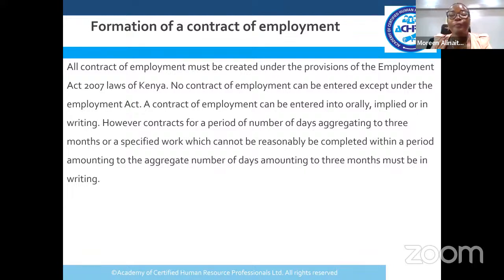Thank you, thank you. Somebody just comes to your compound and then they slash the grass, you pay them 100 shillings. They come again tomorrow, they mow the lawn, you pay them 100 shillings. If they do that for a month and you keep paying them and you're not telling them to leave, it will be implied that you're their employer, whether it is in writing or not. However, contracts for a period,